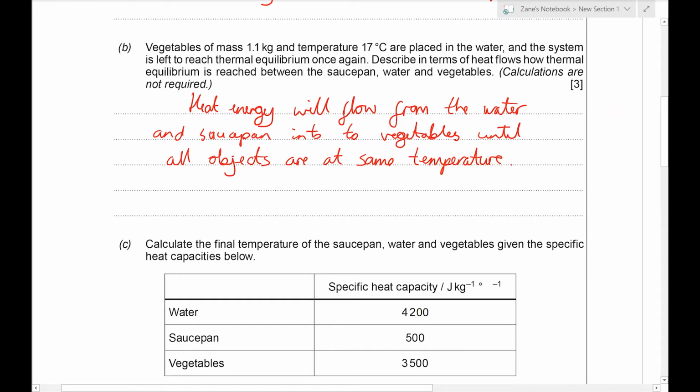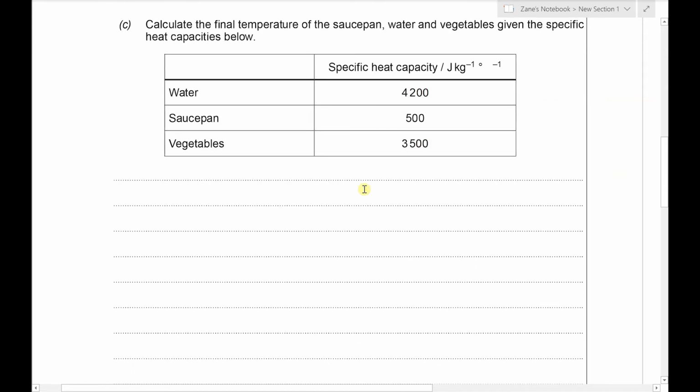Slightly more involved explanation could talk about, first of all, heat energy flowing from the water to the vegetables, because the vegetables are in contact with the water, and heat energy flowing from the saucepan into the water because they are in contact, and so on until eventually everything's at the same temperature there. But the gist of it is that the heat energy lost by the water and the saucepan will be equal to the heat energy gained by the vegetables. And we're going to use that with this data in the next question to calculate the final temperature in the mixture. So what I'm going to do is write an expression for the heat lost by the